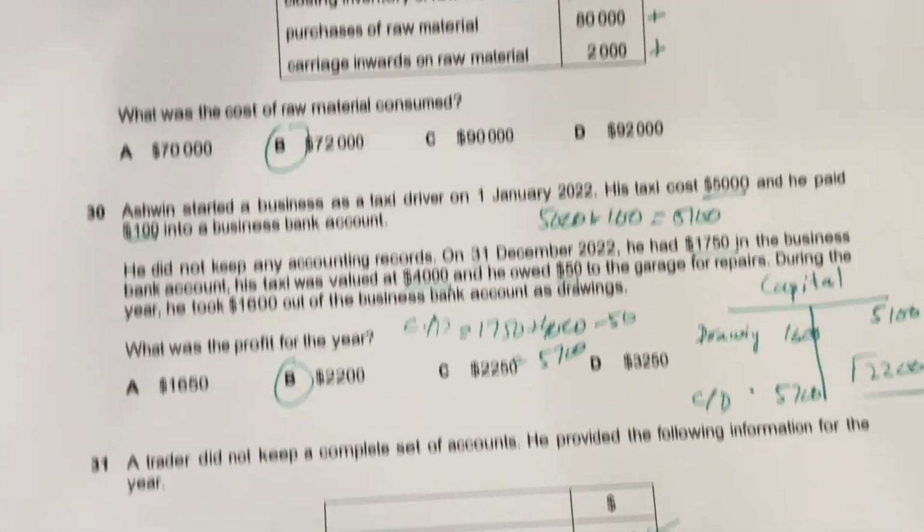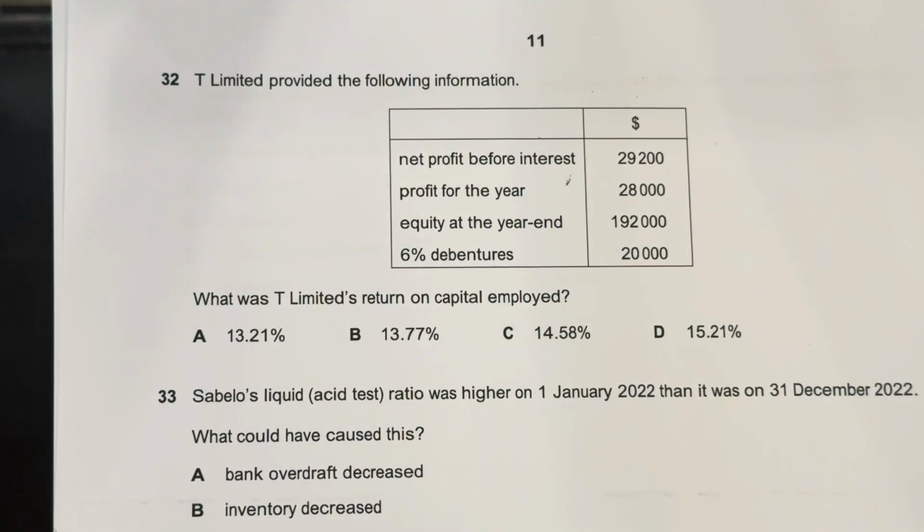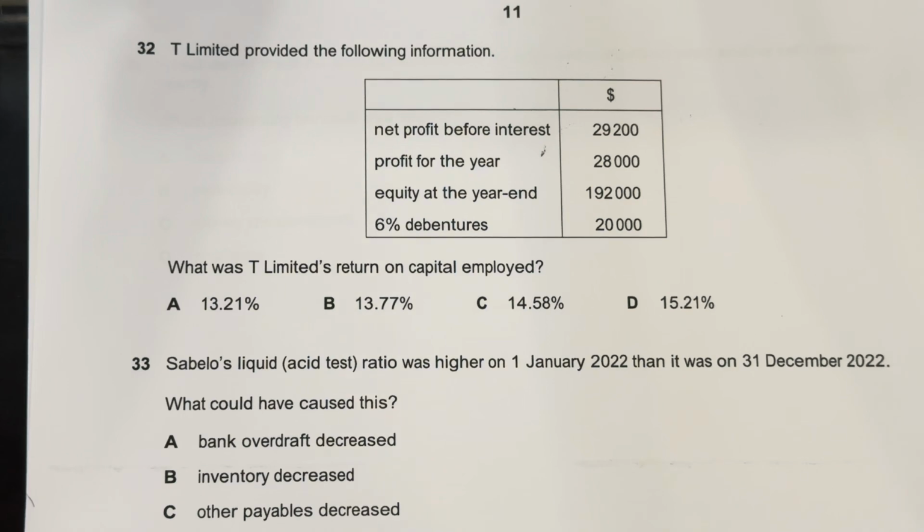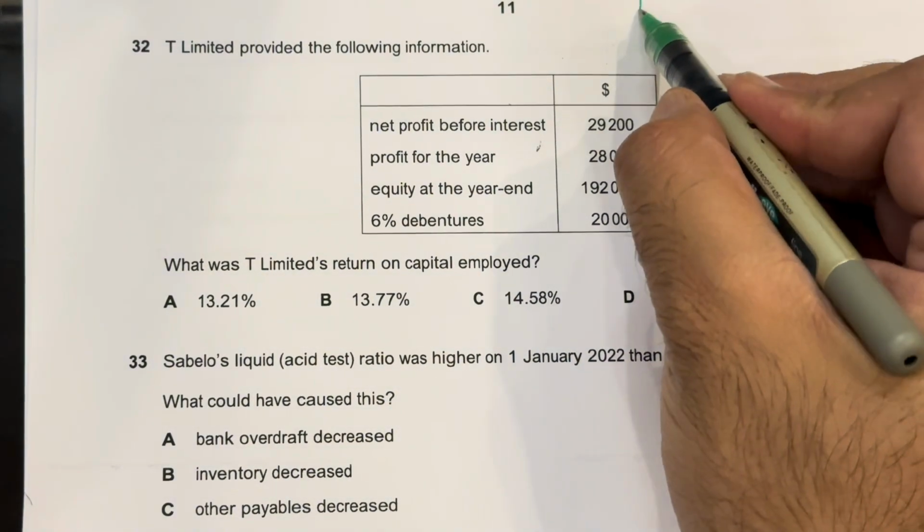Now we will move to question number 32. Question number 32 is from the topic of ROCE, return on capital employed. The net profit before interest and tax, profit for the year, equity is also given, 6% debenture. What was the total return on capital employed? So we need to calculate the ROCE. The formula for the ROCE is